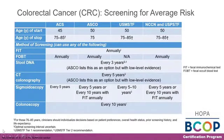Moving on to colorectal cancer. And again, this is broken down into average risk and high risk, or hereditary colorectal cancer. So again, starting these, and there's 5 different guidelines. So NCCN and USPSTF actually agree, even though they're separate guidelines, so they're combined here. But ACS, ASCO, USMSTF, which is a separate guideline specific for colorectal cancer, and the NCCN, USPSTF represent your 5